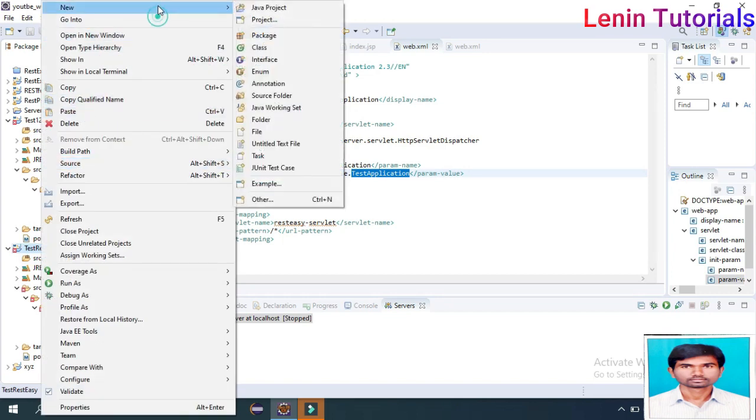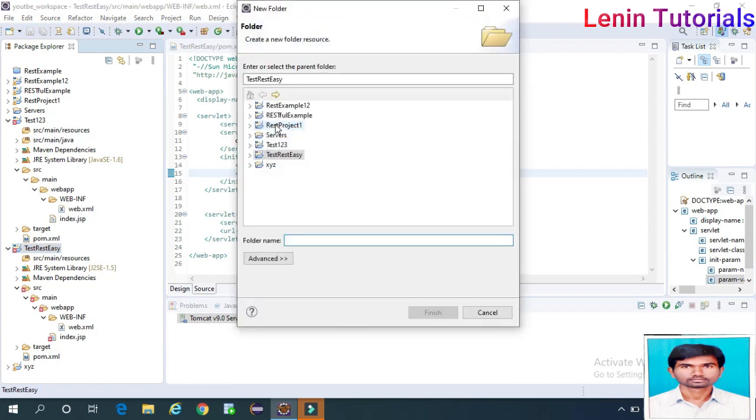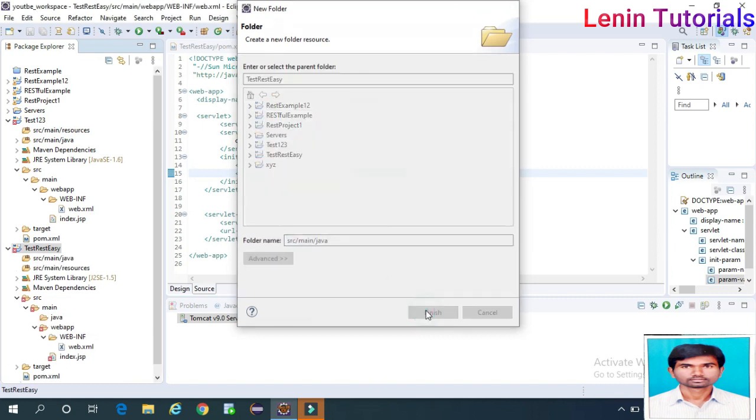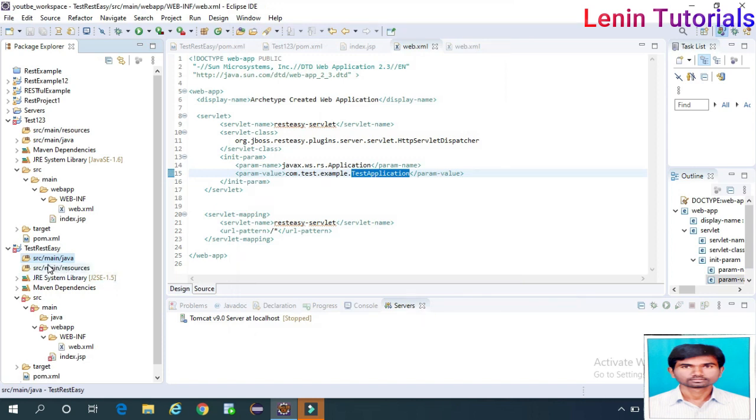New folder. Okay, in which project? Here. Okay. src/main/java. Finish it. Now we created.